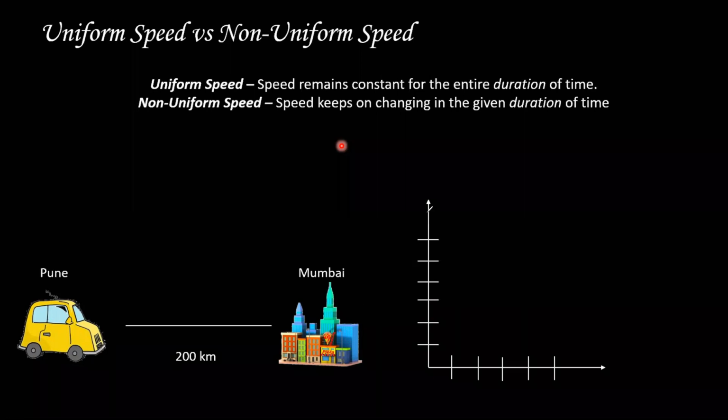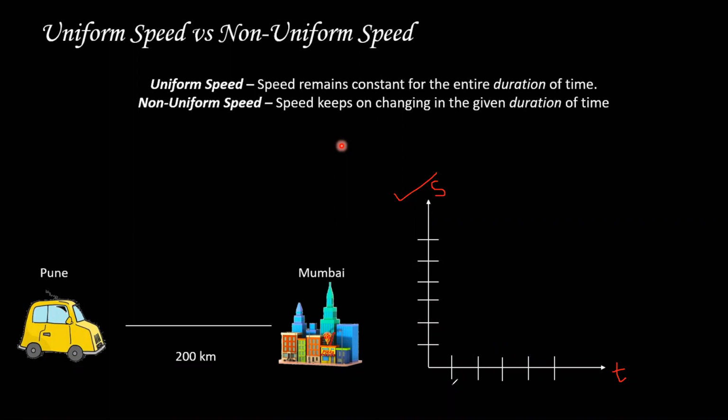Cool. So, folks, if you look over here, I have a graph. This graph is going to have time on the x-axis and speed on the y-axis. So we are going to see our car going to Mumbai at different intervals of time. We are going to see the speed, and then we are going to get a line on the graph. And by looking at the line, you are going to tell me if it's uniform or non-uniform.